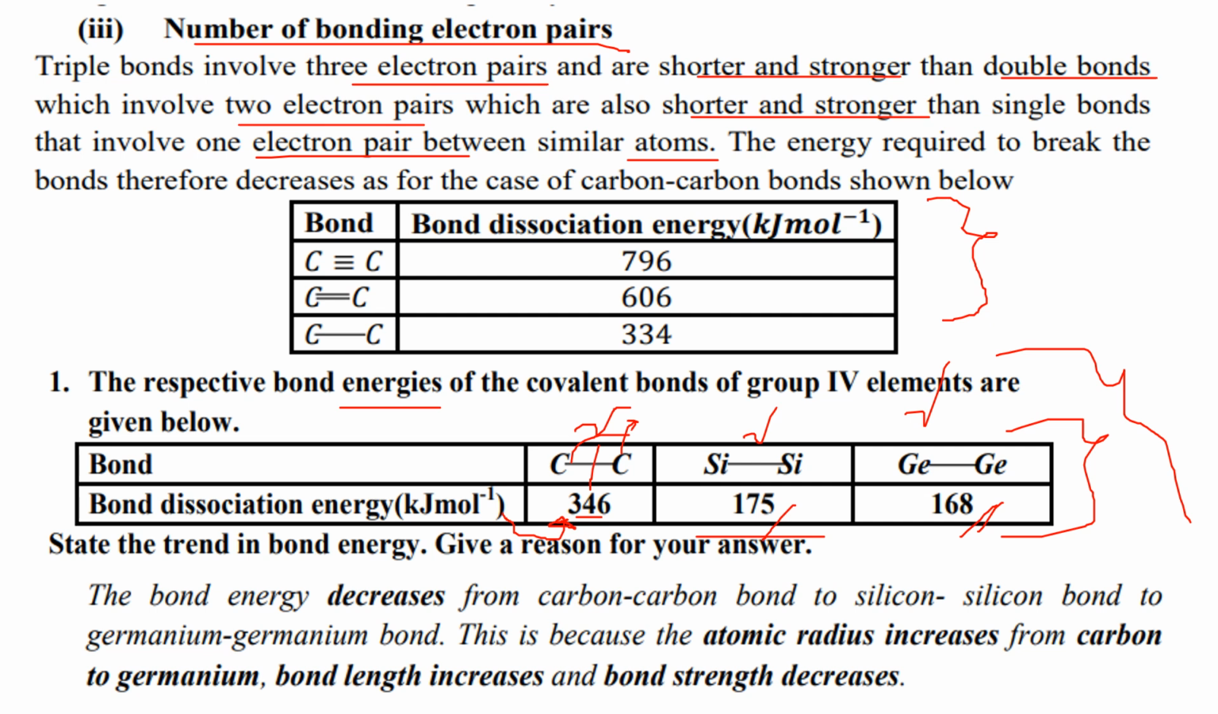So you're going to be explaining the trend in the variation of the bond dissociation energies across the three group 4 elements. You state the trend in bond energy, giving a reason for your answer. And the reason comes from what you have already discussed above. You say that the bond energy decreases from the carbon bond to the silicon bond and then to the germanium bond because the atomic radius increases from carbon to